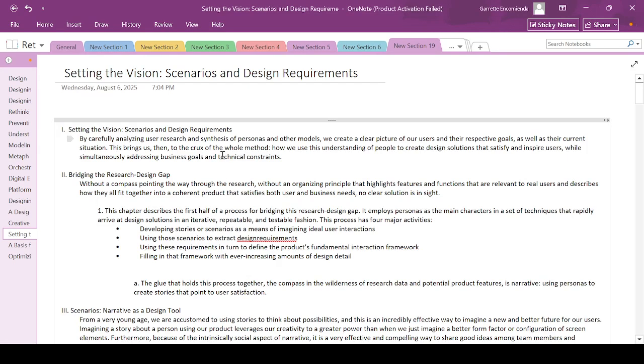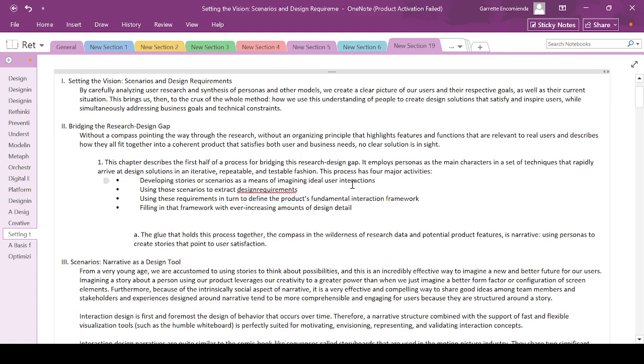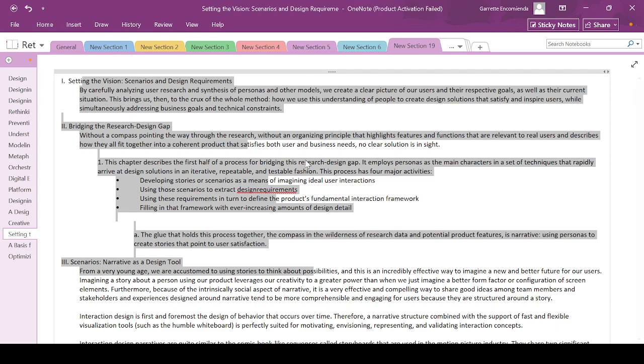Setting the vision, scenarios, and design requirements. By carefully analyzing user research and synthesis of personas and other models, we create a clear picture of our users